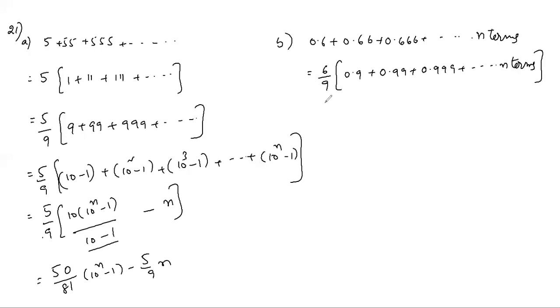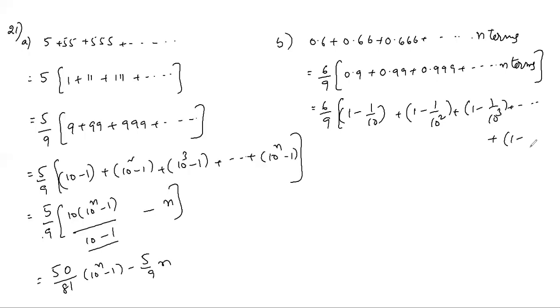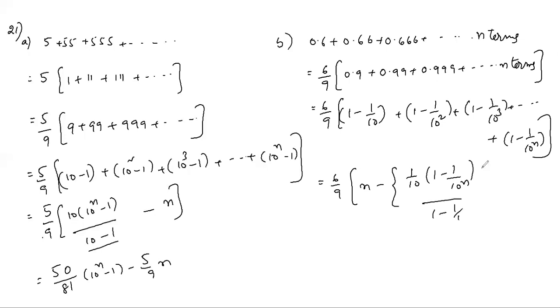So it is equal to 6 by 9 into 9 by 9, you can write 1 minus 1 by 10. 0.99 you can write 1 minus 1 by 10 square. Then 1 minus 1 by 10 cube, and so on. The nth bracket is 1 minus 1 by 10 power n. So 6 by 9 into 1 plus 1 plus 1, n times, minus 1 by 10, 1 by 10 square, 1 by 10 cube, which is in GP. So the sum is a into 1 minus r power n